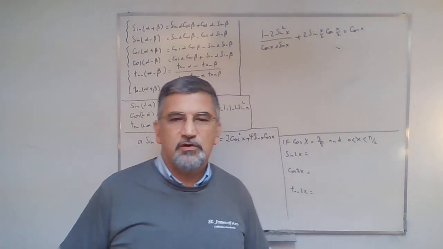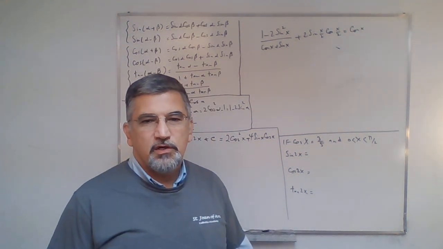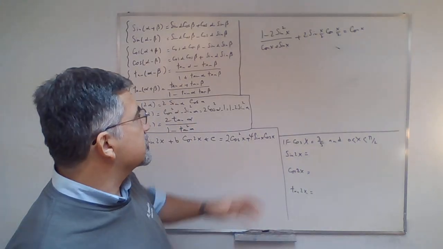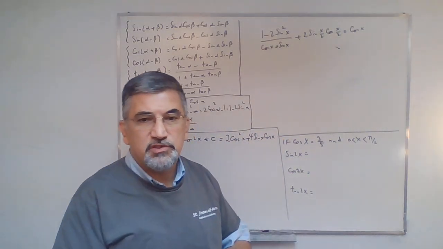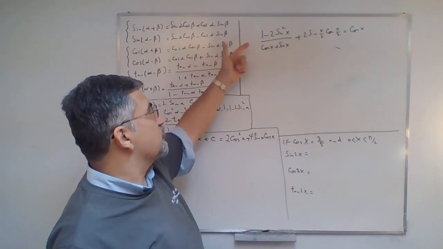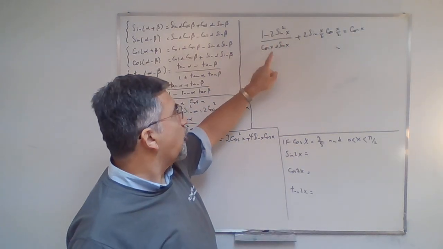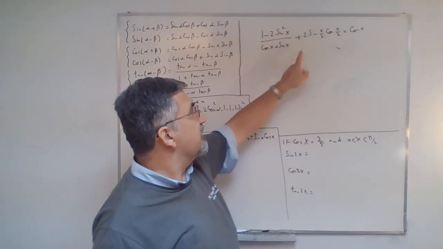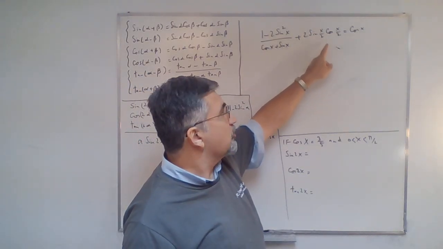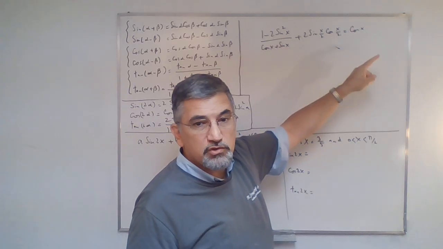Hello again. We are going to do some more problems using trigonometric identities. First of all, let's prove this trigonometric identity. As you see, the left-hand side is a complicated expression. It says (1 minus 2 sine squared of x) over (cos x plus sine x), and then plus 2 times sine of the half angle, which is x over 2, cos of x over 2, equals cos of x on the